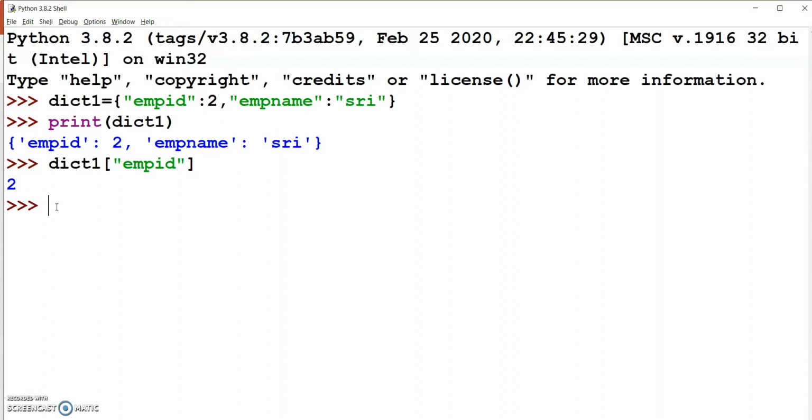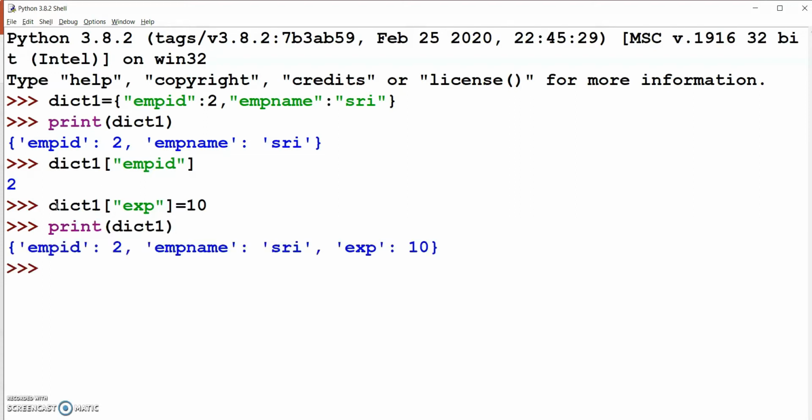For this, we give the dictionary name within square brackets, the key experience, and value 10 years. Just print the dictionary and see the output. Yes, we got a new key value pair, that is experience.